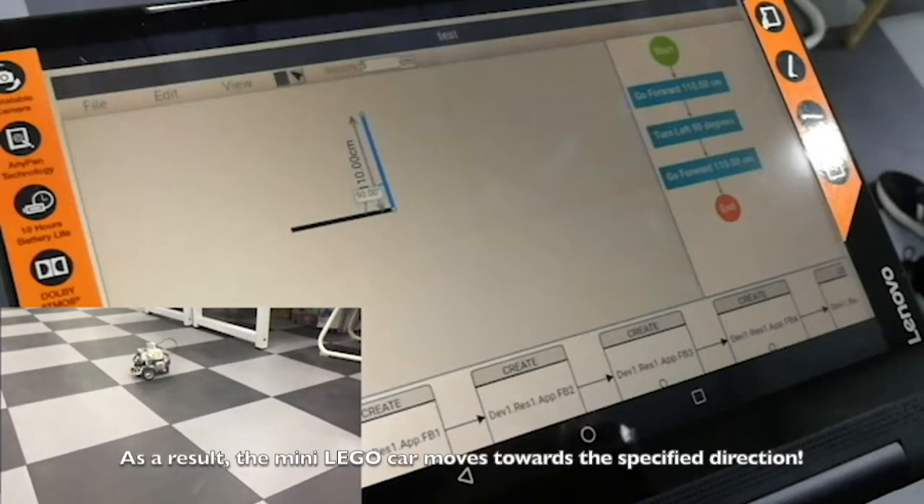As a result, the Lego car moves towards the specified direction that our user